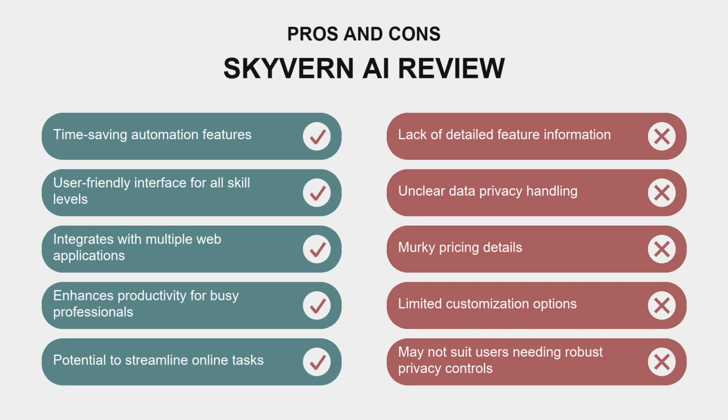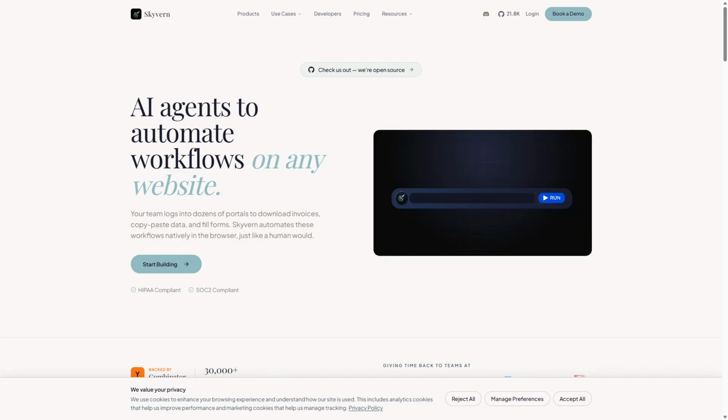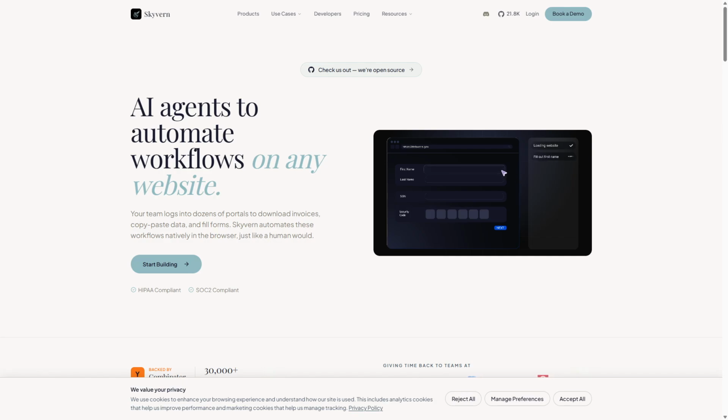In summary, Skyvern AI seems promising, especially for those looking to streamline their online tasks. However, the lack of transparency and detailed information raises some red flags. If you're someone who values detailed control and privacy, it might be worth considering other options. For everyone else, it could be a tool worth trying out,